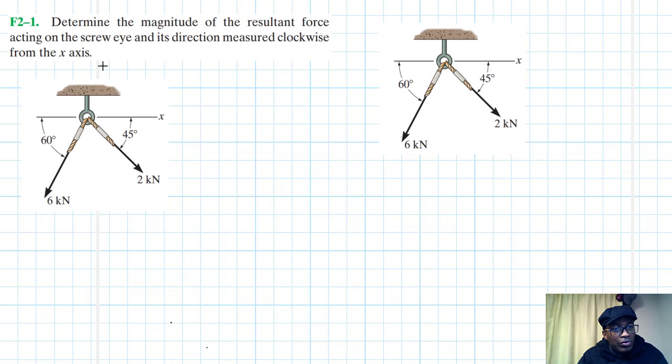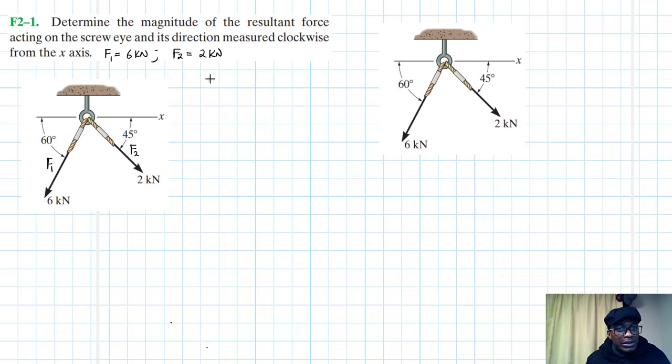So we have two force vectors acting on the screw eye. Let me call this F1 and then this one F2. So F1 is equal to 6 kilonewtons and F2 is equal to 2 kilonewtons. Alright,